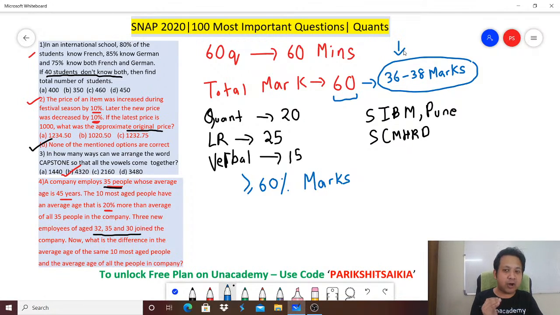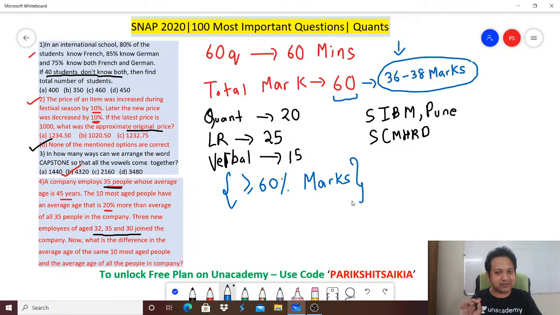So, depending on your accuracy and keeping in mind that you are looking at around 36 marks, you should make your attempts. If your accuracy is very high, you'd want to keep it around 37, 38 attempts and hope for 95% accuracy. But if your accuracy is low, you might want to attempt 42, 43 questions, and then hope that you get around 36, 37 correct out of them so that your net score is around 36. So please make sure that your target attempts are around this much. 60% marks is what you are targeting.